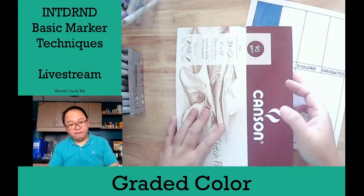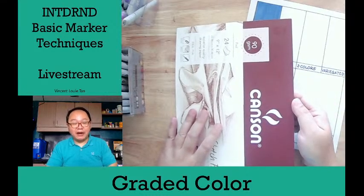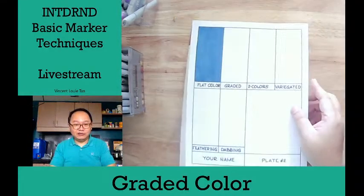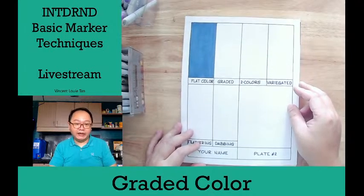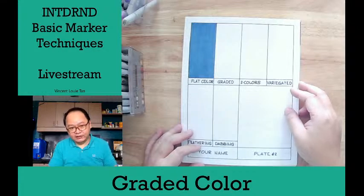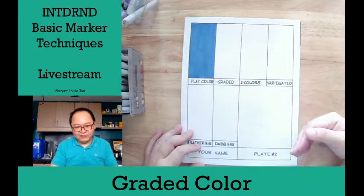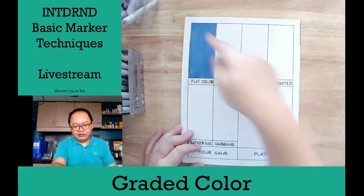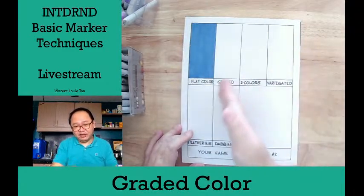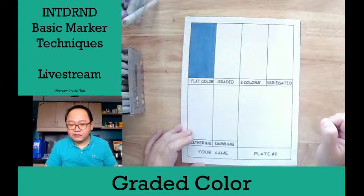Kung wala, A4 is fine. Kung walang A4, kung bond paper lang talaga meron kayo, hindi kayo makabili ng bond paper na short, 8.5 by 11, that also works, no? Pwede naman kasi just format it the same way dito, no? Borders 1/2 inch, 1 inch dito, and then just divide everything evenly pagdating dun sa mga individual boxes. Yun,